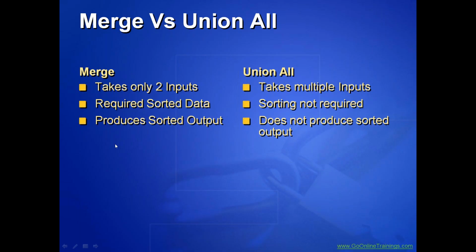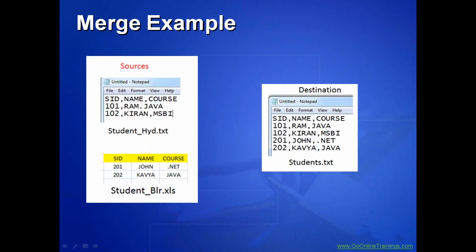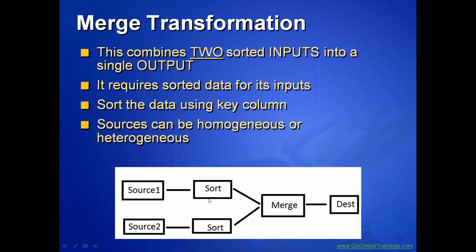So merge is slow. Why will merge be slow? Because if you don't have sorted data, you have to sort the data and then send it to the destination. Sorting is a block transformation. When source one has 1 million rows and source two has 20 million rows, and you want to merge these two,